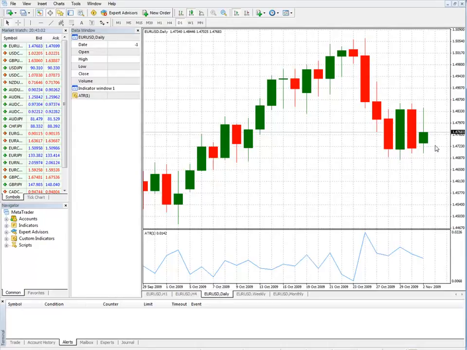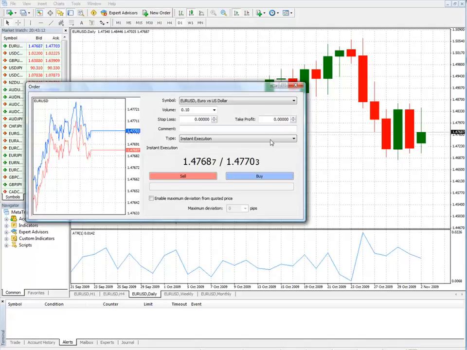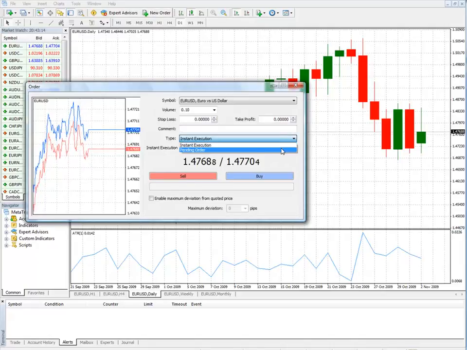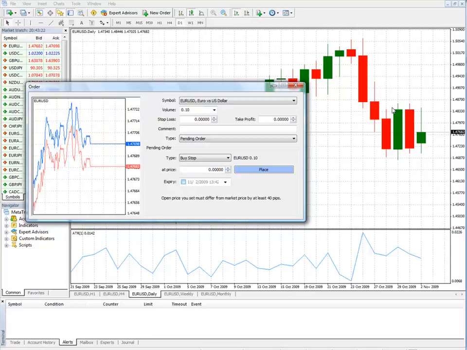Okay, so we can actually place an order based upon this bar, and it'll be a pending order, of course. So let's pop over to new order, and it's going to be a pending order. Since we look to buy above the market, we're going to place a buy stop up here. And the price we want to place that buy stop at